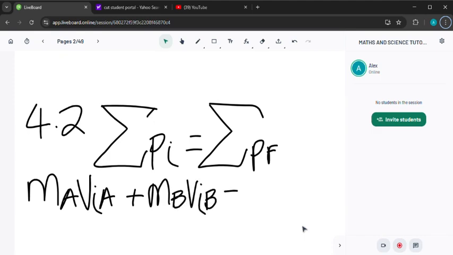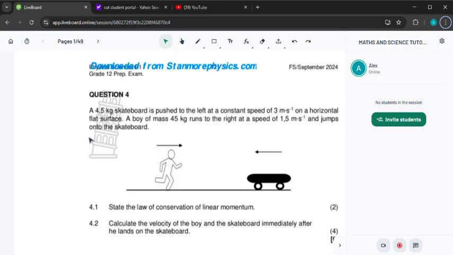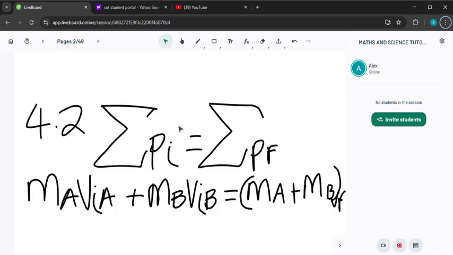Remember, after, the velocities are now the same, right? Because now the boy lands on the skateboard. So we will just say mass of the boy plus mass of the skateboard, then multiply by the final velocity, Vf. Alright, then we can therefore substitute. What is the mass of the boy? I think they said 45. Yes, 45. And make sure that the units are correct, kilograms. So everything is correct. So 45,